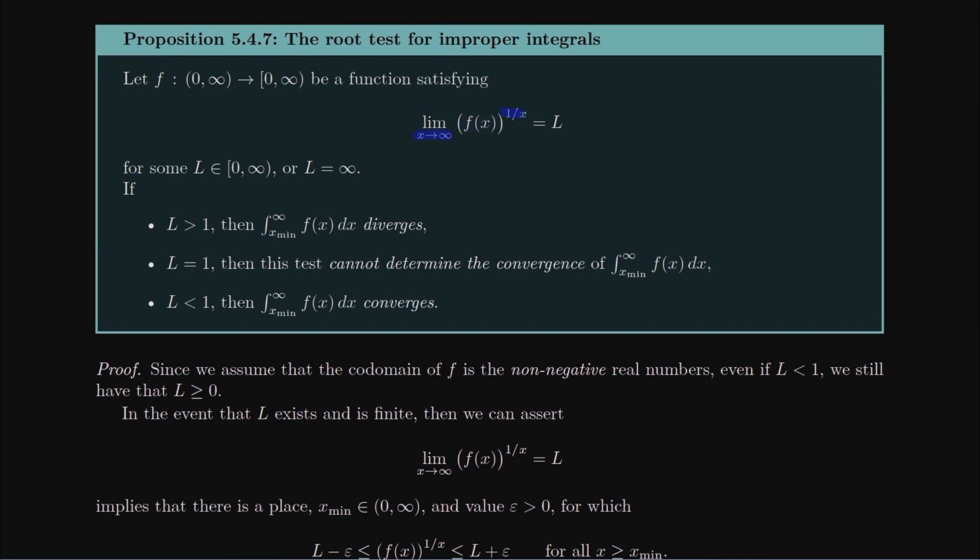Now we're going to, once again, hopefully get some number out of this, but maybe that number could be infinite. But we're going to get a number out of it. If that number happens to be greater than 1, keep in mind the root test uses 1, not 0. The ratio test used 0. The root test uses 1. So we care about L being greater than 1. And greater than 1, it's still going to behave like exponential growth. Exponential growth is going to diverge.